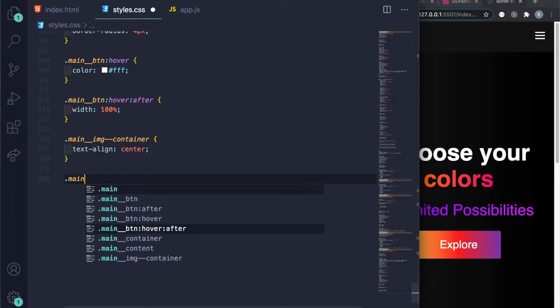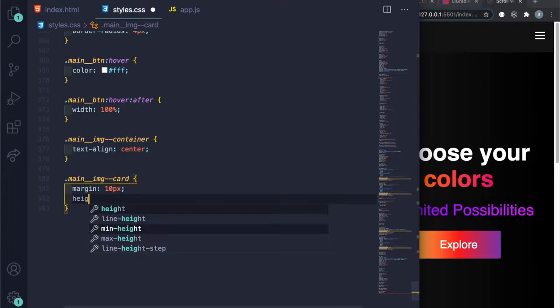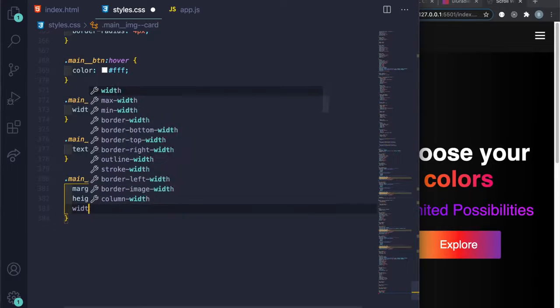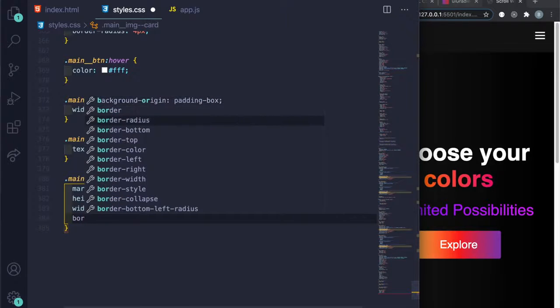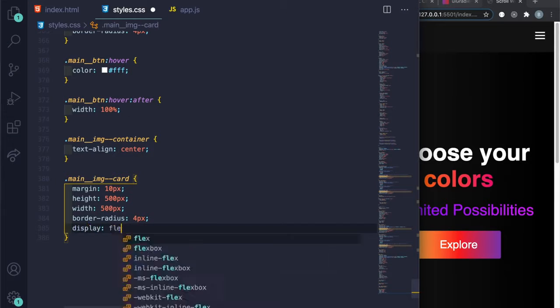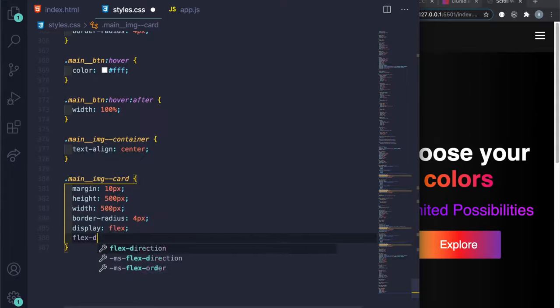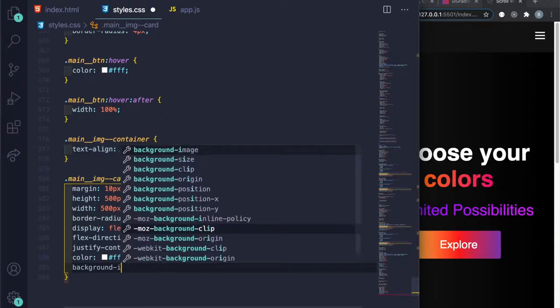And let's do dot main underscore underscore img dash dash card. Want the margin to be 10 pixels. Want the height to be 500 pixels. Width to be 500 pixels. Border radius to be 4 pixels. Let's do display flex, direction column. Let's do justify content center, and then color hashtag FFF, and then let's set the background dash image to just